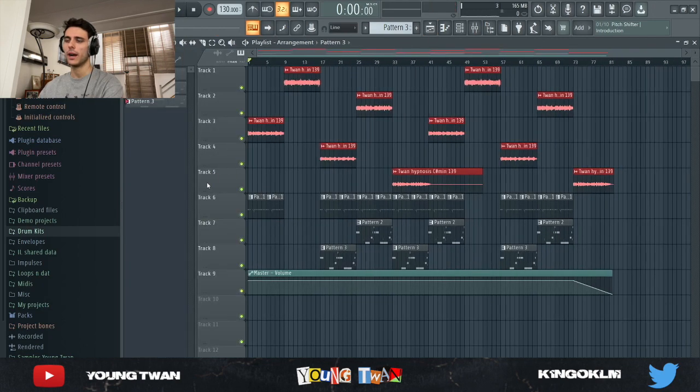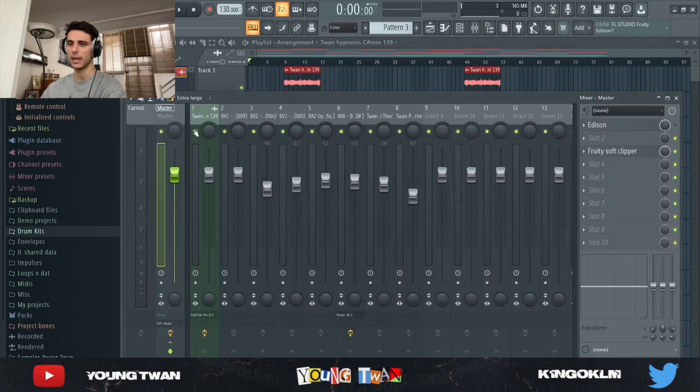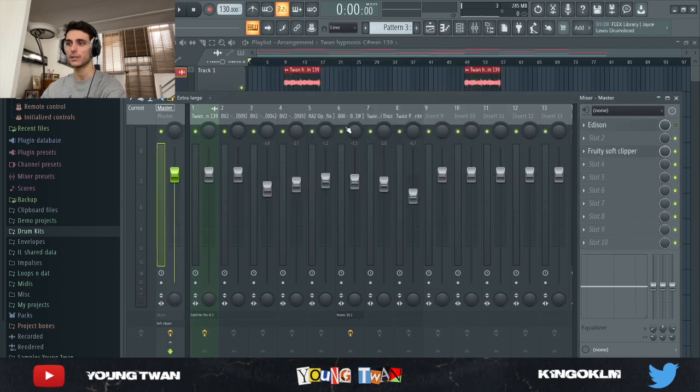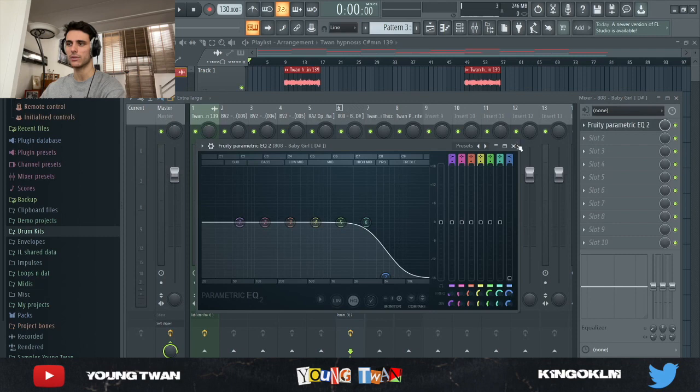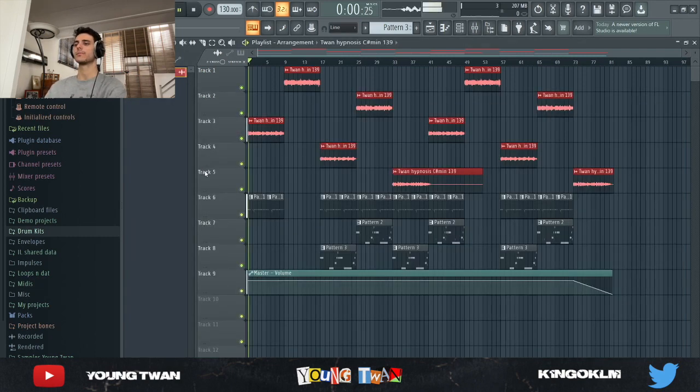So now I arranged it in a bit of a funny way. I had this 8-bar intro with the drums without any 808s. Then I have this part of the sample, and then I have the hook and the verse. It's not really a typical arrangement, but I'm gonna just play it for you guys. Oh yeah, one thing I forgot to mention, I ended up pitching it up 100 cents, and I didn't do anything crazy, just an EQ, getting rid of some of the lows. And then a soft clipper on the master, just an EQ getting rid of the highs of the 808. And then really it's all about leveling your sounds. So here is how it sounds.